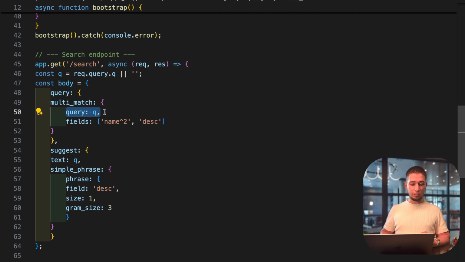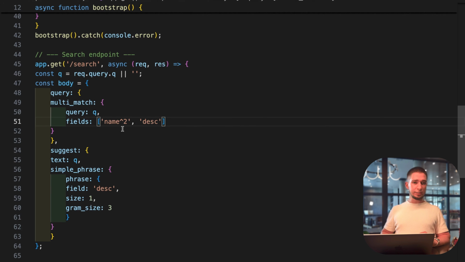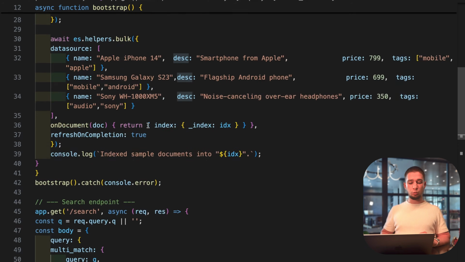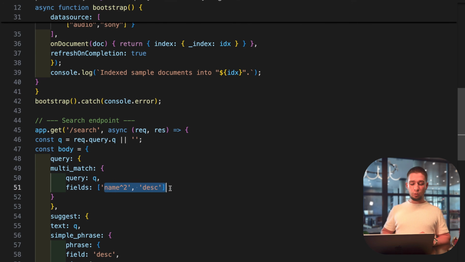So it means that we'll be able to have multiple matches in different fields. And here we'll take in our query that will be parsed here, and we have fields. What does it mean? We have name and desc, so we'll be only searching with name and desc, so any price or text names we're not taking. It's not so important sometimes, this listing. It is just what is more important to show.